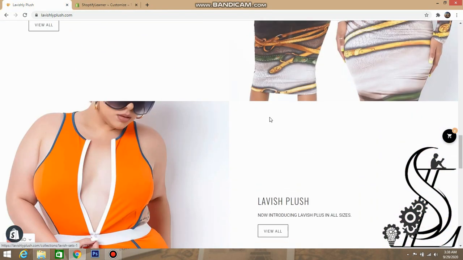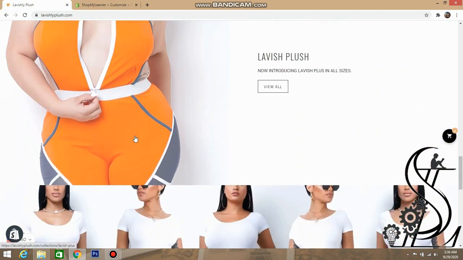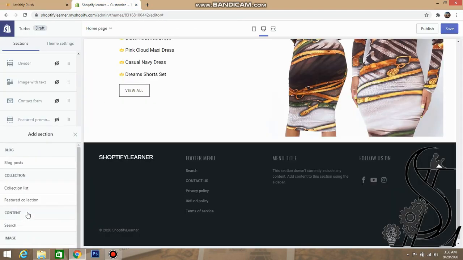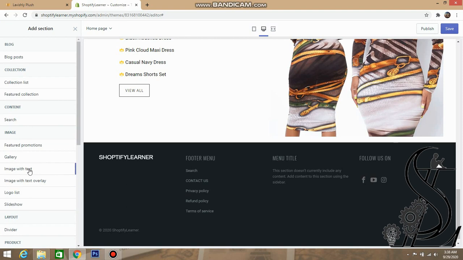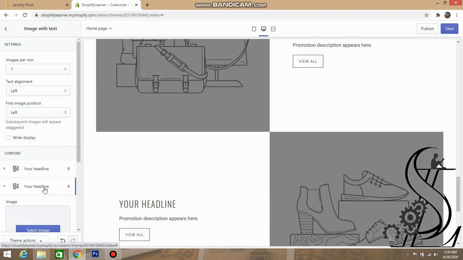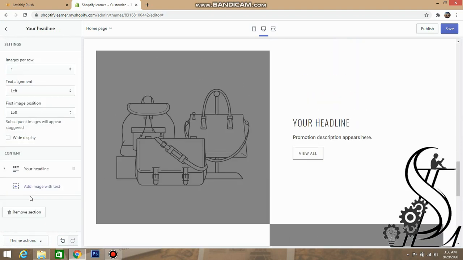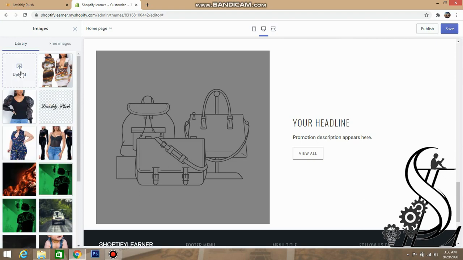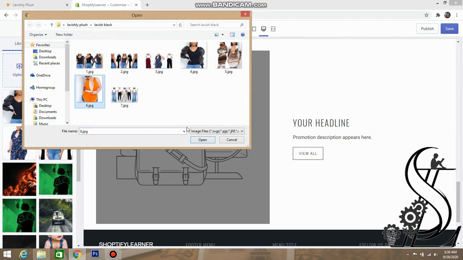Now we can move to our next section, which is also image with text. Simply do the same as we did above. Remove the second one. Simply go to it, select image, upload, and select the picture we want.